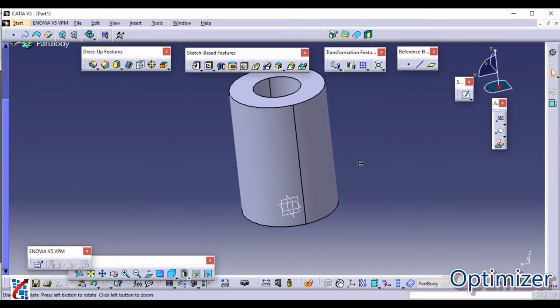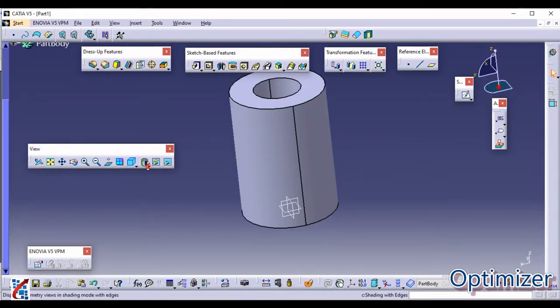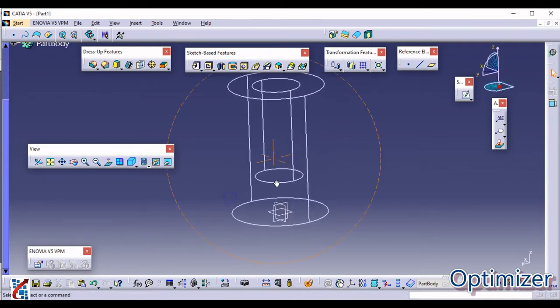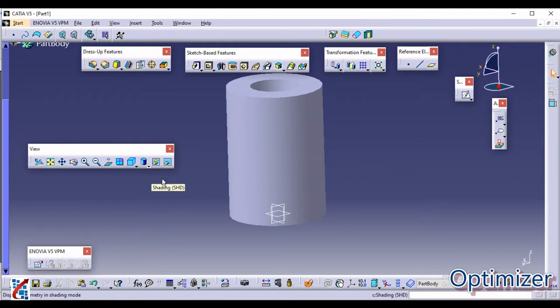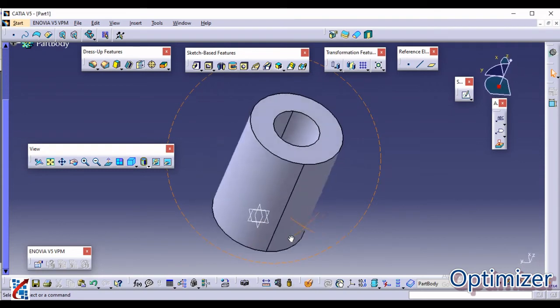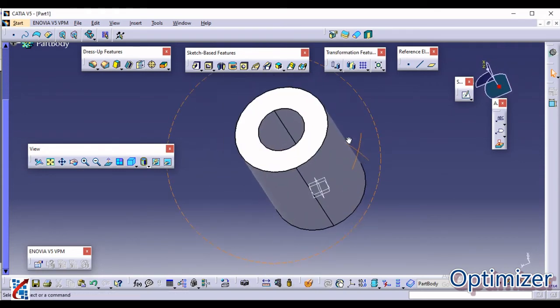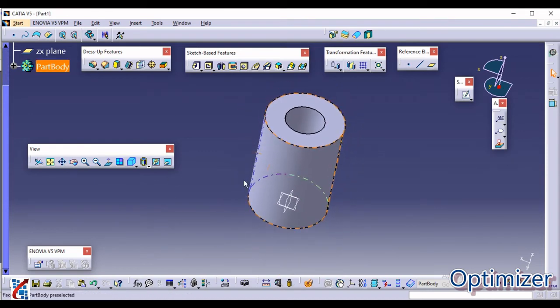Okay, so if you want to check the wireframe geometry, you need to go here in the view command again, and from this you can select wireframe like this or like this. Just see. So there are different view options, with the help of which you can see the structure in detail also. If you want to see the edges, you can click here. So edges will be shown here like this. Okay. I hope you understood this. So let us move to the next part.